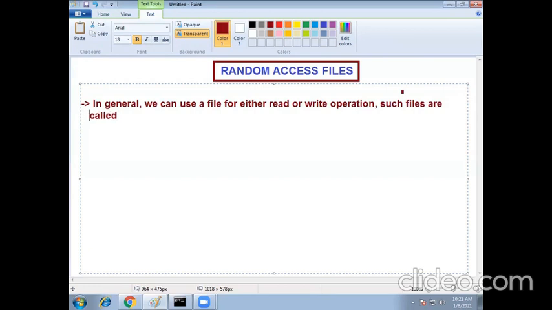Such files are called sequential files. So that means you can perform either read or write operation.